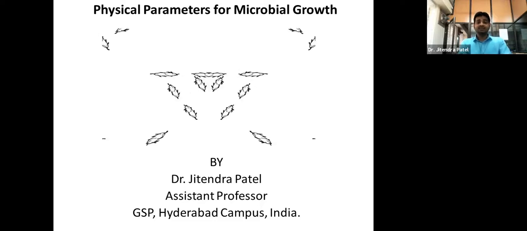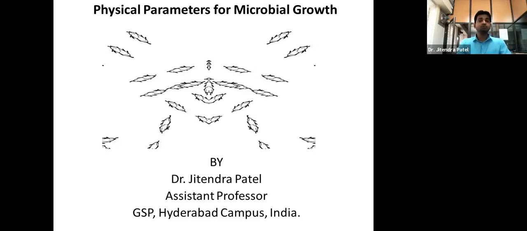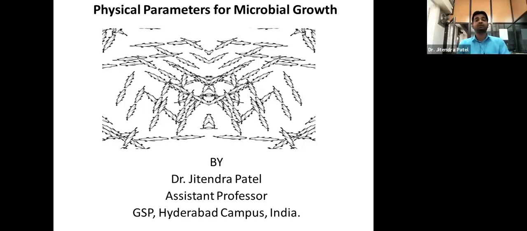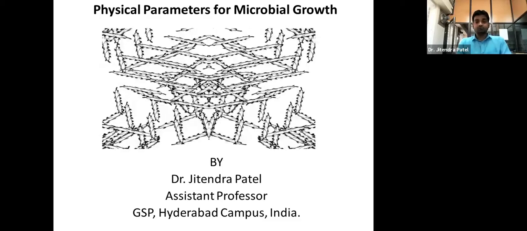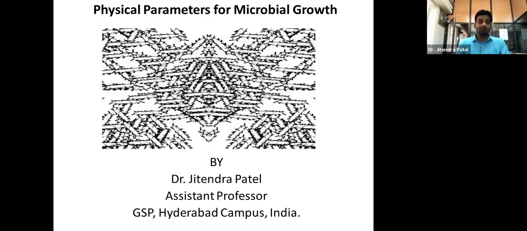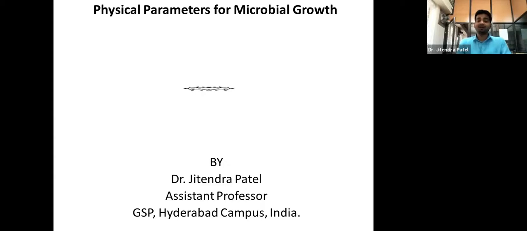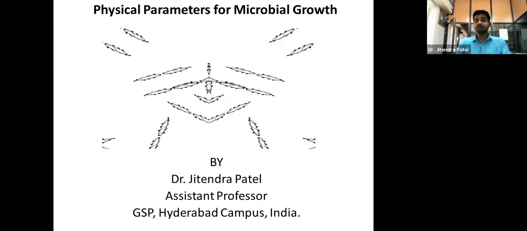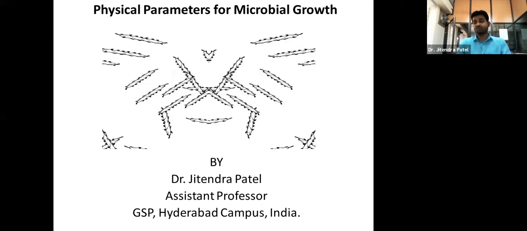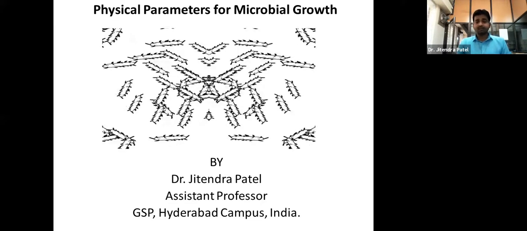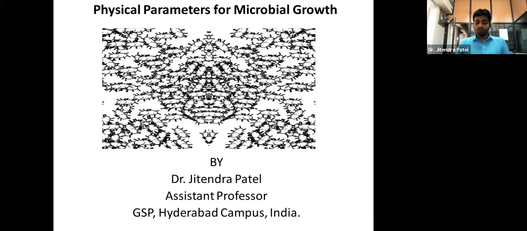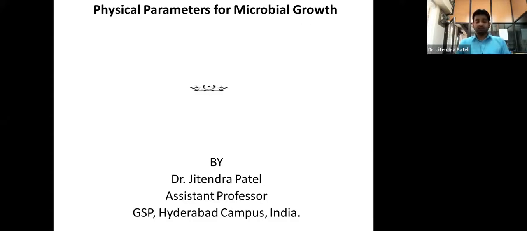Physical parameters for microbial growth are very, very important when we are trying to culture or cultivate microorganisms in our laboratory, to study what kind of microbial cells cause infectious disease in human beings, to understand that, or for other industrial importance, right? So physical parameters are one of the important parameters, not only important